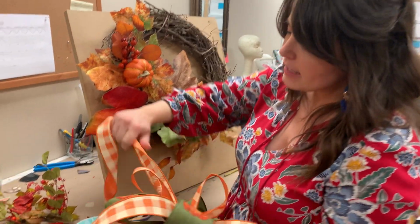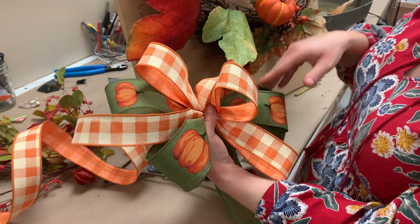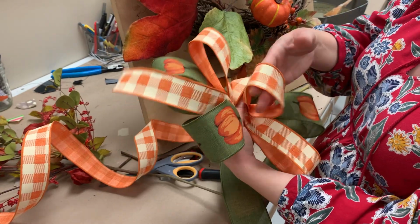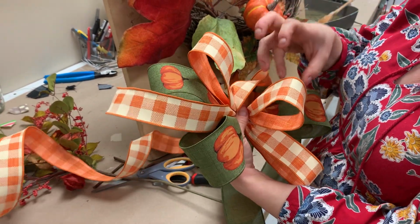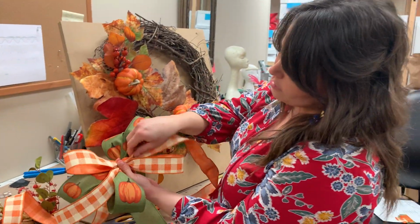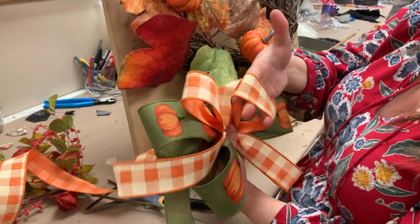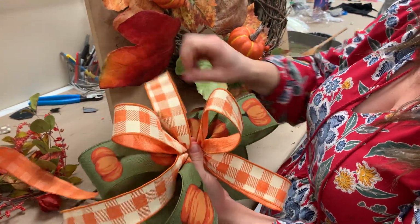When I made the last loop of the orange, I made it a little bit smaller so it's more in the center. That's just a nice twist on a traditional bow. Normally my bows are kind of funky and airy. This one, as you can see, I'll do that last loop again. I just went a little smaller than the other loops and pulled it towards the middle, and it gives you that look of a